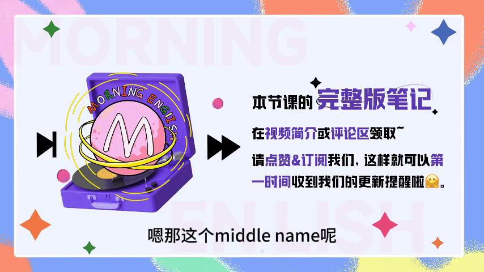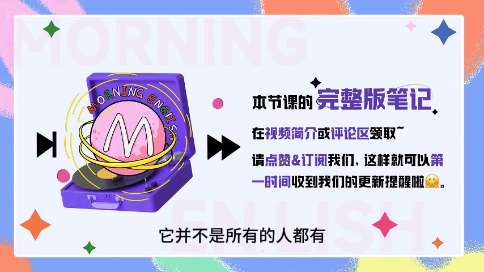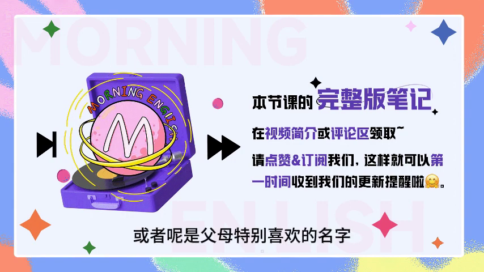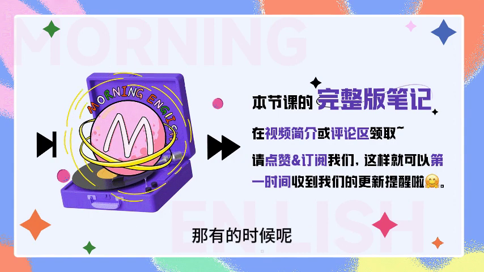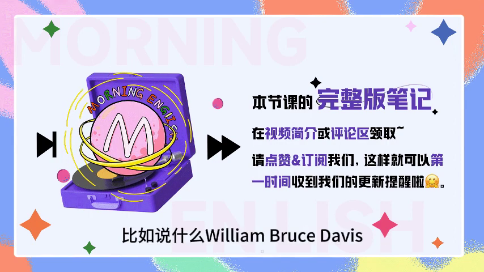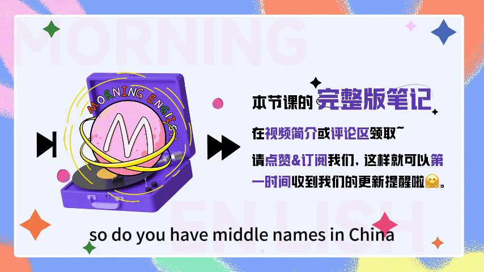那这个 middle name 呢，我们翻译成中文啊，可以叫做中间名，或者也可以叫自取名。它并不是所有的人都有，也是父母给取的。那有的时候呢，它会是比如说亲朋好友当中比较有名的人的一个 given name，也有可能是用来就是寄予厚望啊，对自己的孩子寄予厚望，或者呢是父母特别喜欢的名字，也有的时候可能是母亲的姓啊，等等等等。那有的时候呢，在书面在写这个 middle name 的时候呢，我们会取它的首字母，比如说什么 William Bruce Davis，我们有的时候就会写成 William B. Davis。